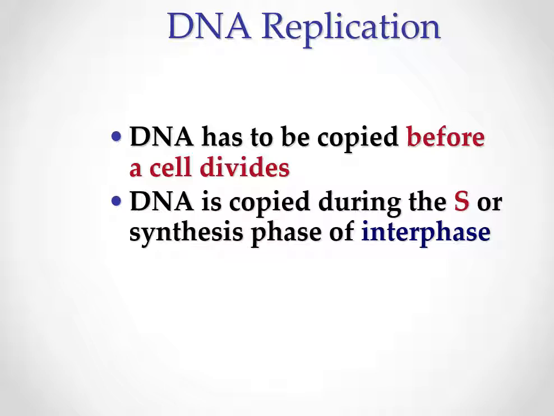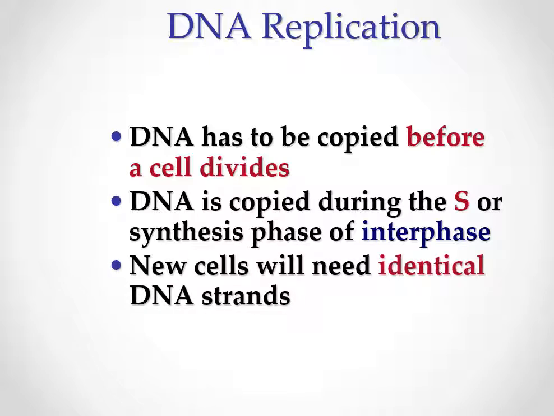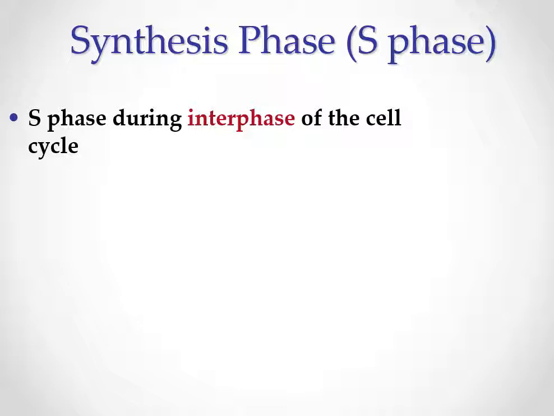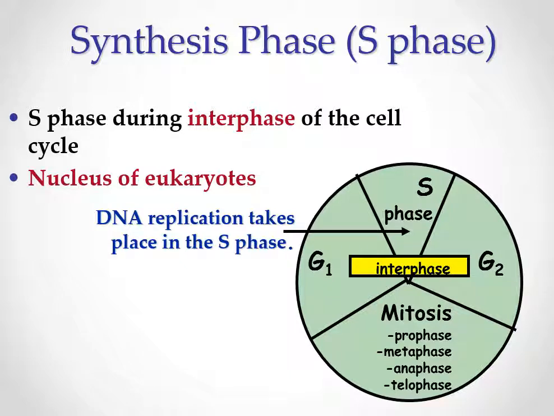Is this the longest phase or the shortest phase? It's the longest phase. And new cells will need identical strands of DNA. And so the first phase is the S phase. This does happen during interphase. It is the longest. It occurs in the nucleus of eukaryotic cells, as well as if we look at our